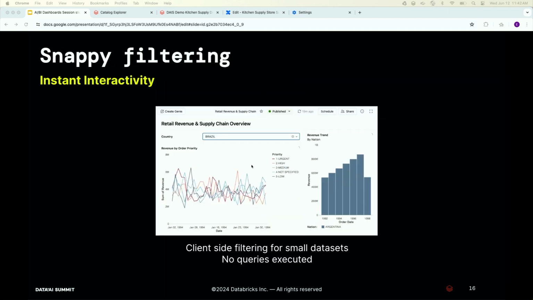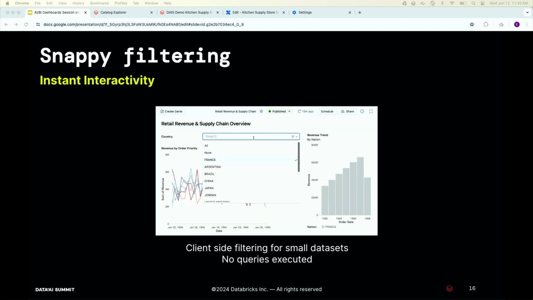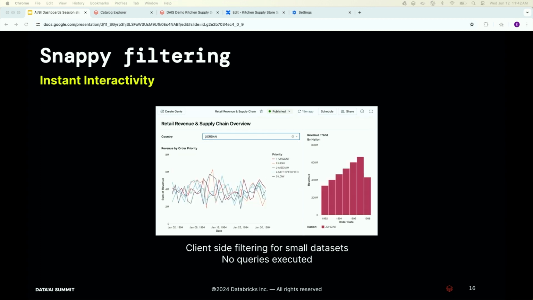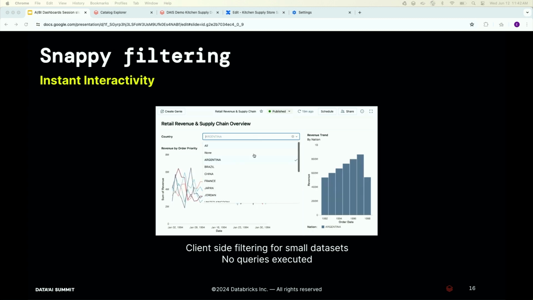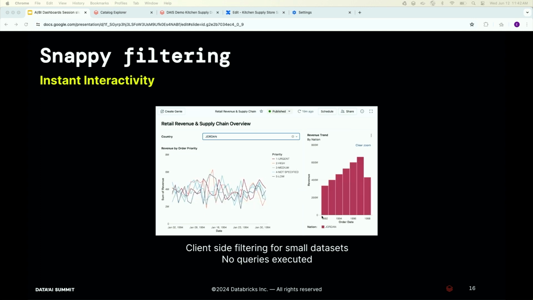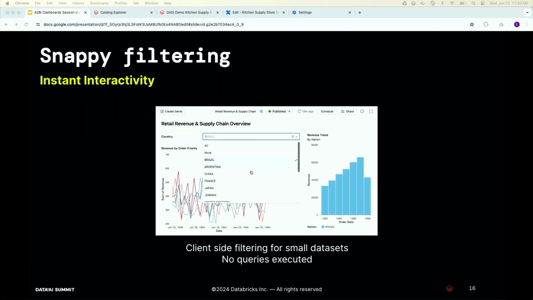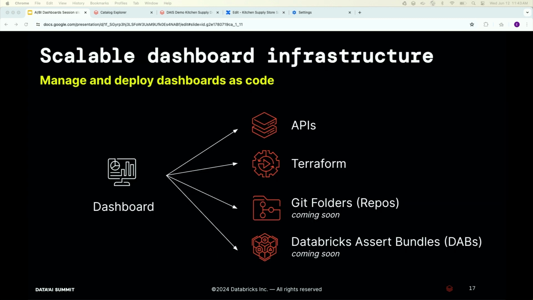So here's an example of all of our performance improvements working together. We scheduled the dashboard queries so that all the dataset data were cached, leading to an instant initial load. Since the datasets were modeled to be small, we were able to evaluate the filters in the browser, leading to really snappy interactive performance. You too can get this kind of performance with proper dataset modeling and setting up dashboard subscriptions. And of course, since we're built on top of the Databricks platform, we can leverage DB-SQL to give best-in-class performance